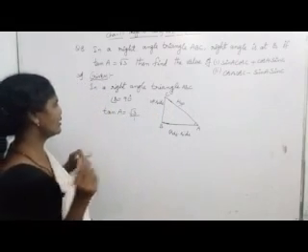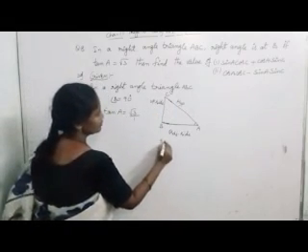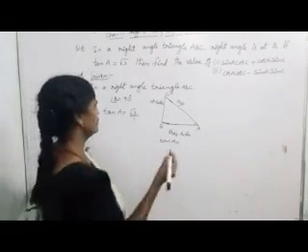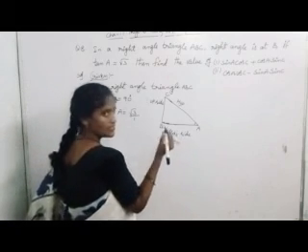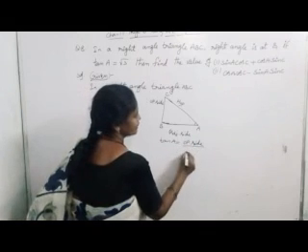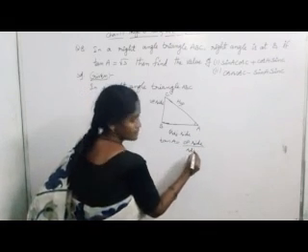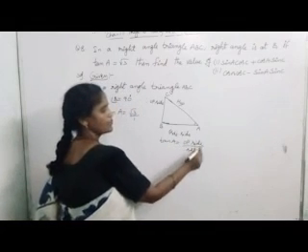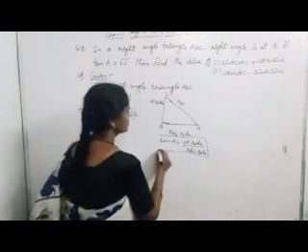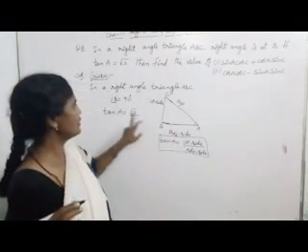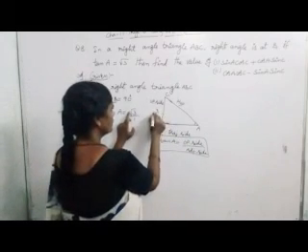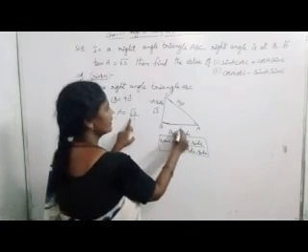Tan theta is equal to what? Tan theta is equal to the sides ratio. Tan A is equal to tan theta, the angle A whatever is given we have to write. What is the sides ratio of tan A? Opposite side by adjacent side. According to this, in the opposite side place root 3 is there, and in the adjacent place 1 is there.